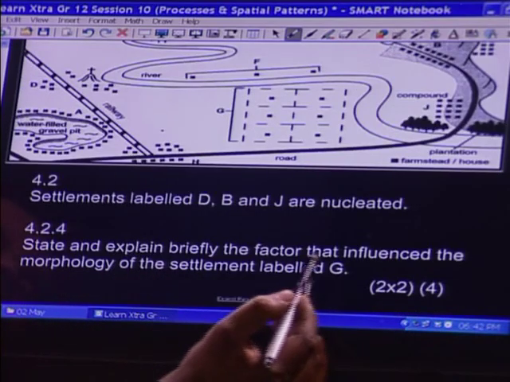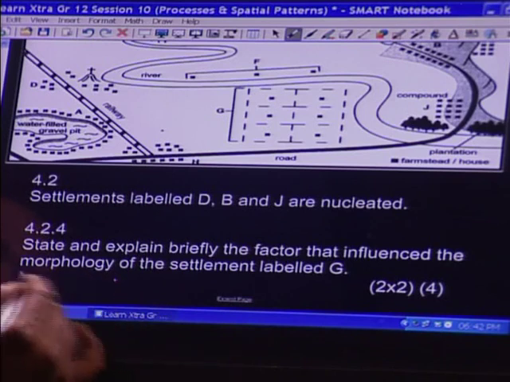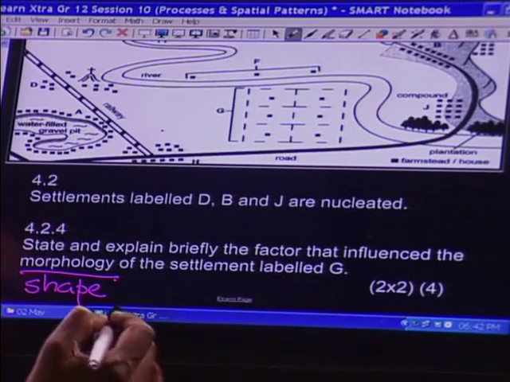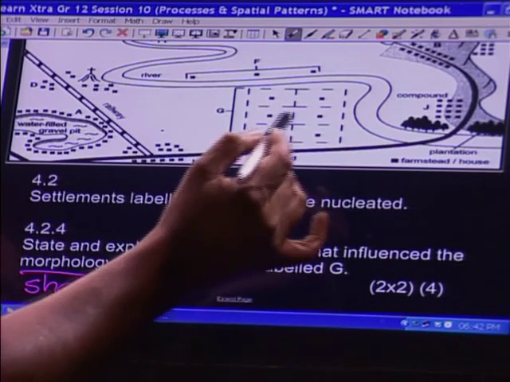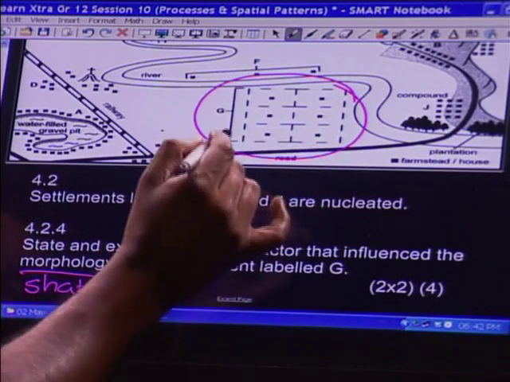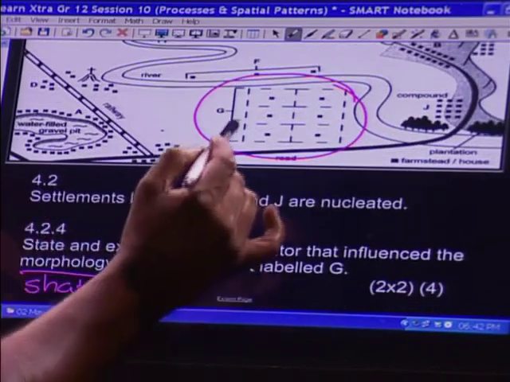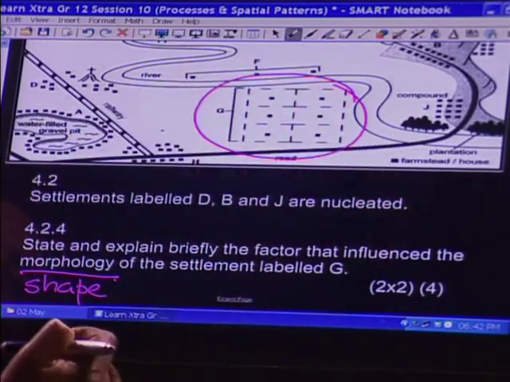State and explain briefly the factor that influenced the morphology, remember that word, also meaning shape, of the settlement labeled G. When we look at settlement G, we are referring to the shape at which the settlement is located. What is important is that it has displayed a uniform dispersion. When settlements display a uniform dispersion, it is important to note that these uniform dispersed settlements can only occur on flat surfaces. So, my answer to this question would be the gentle